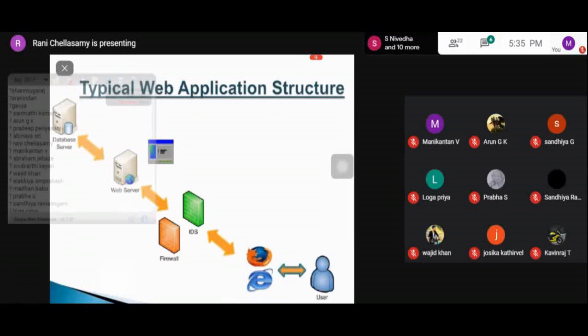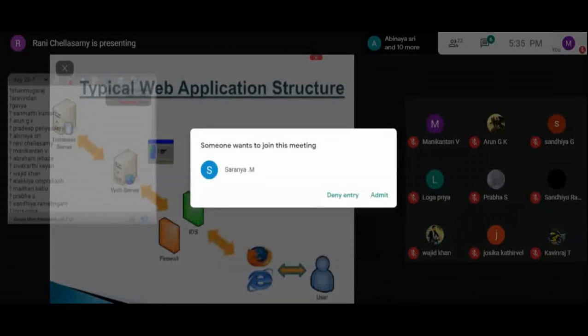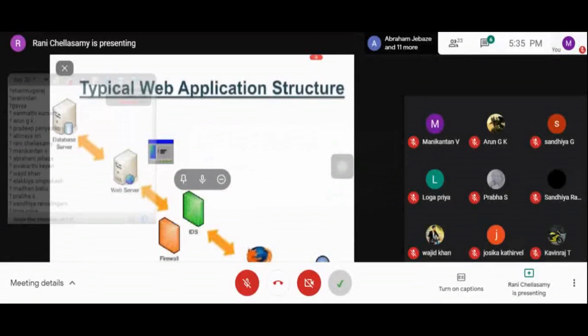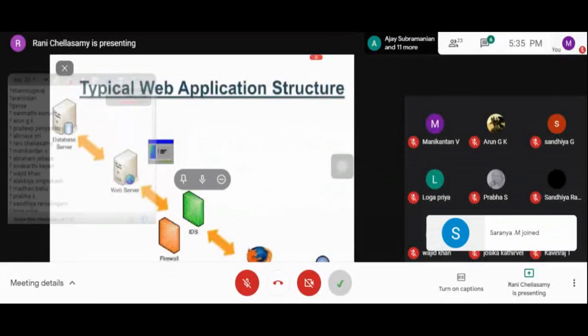If the user is asking to access a domain, the web server searches for the particular domain and resolves the domain name into the IP address. If it is not available, it gets it from the database server. After receiving it from the database server, the web server sends the proper reply to the user. This was the web application structure.